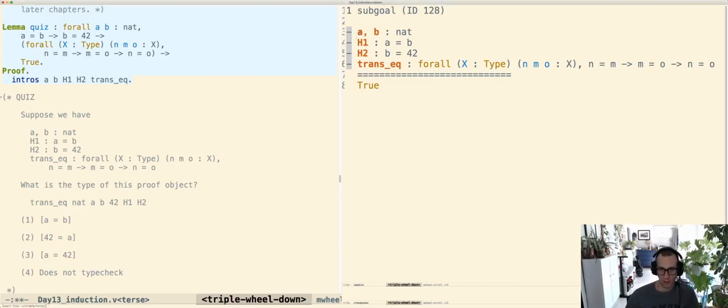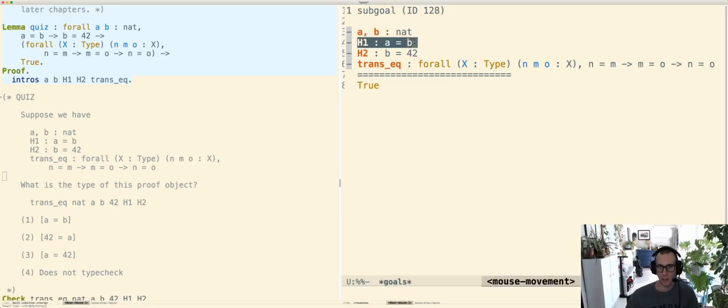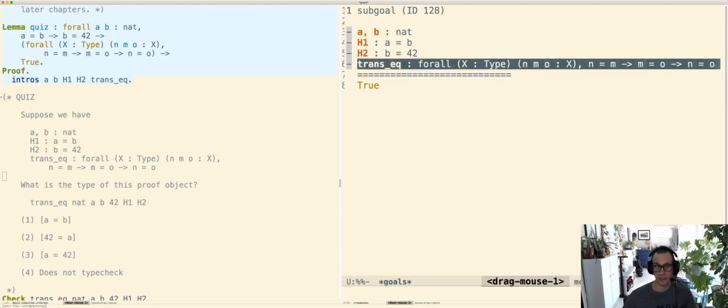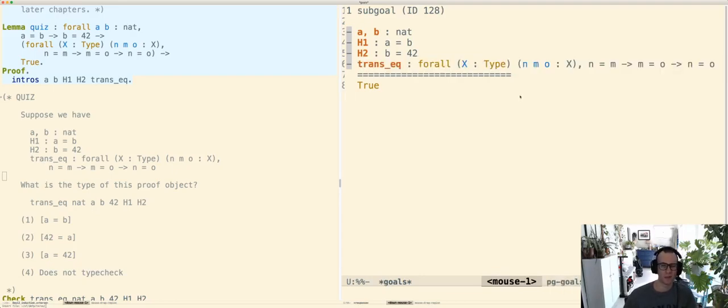Here's what we have. A and B are natural numbers. H1 is the equality that says that A is equal to B. H2 is the equality that B is equal to 42. Now your mind may jump immediately to A is equal to 42, and I agree. No doubt. Here I've included transeq as a hypothesis just so we have the type right in front of us,